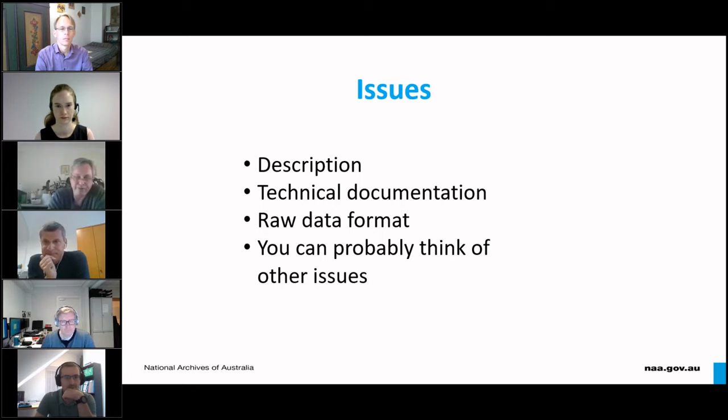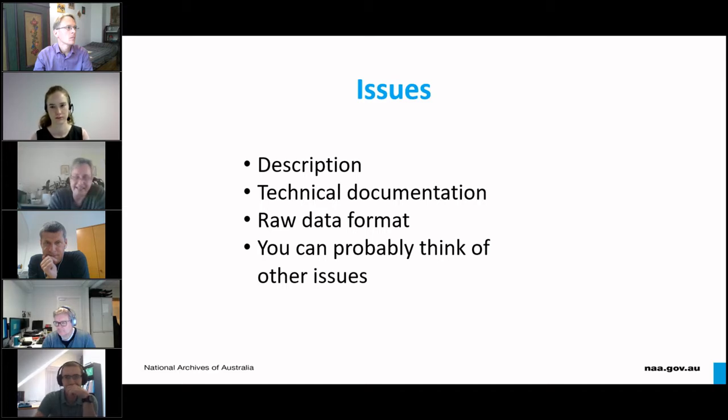And finally, we have the raw data itself. In this case, we have the data exported out of the database in CSV format. In itself, that's not a bad thing. It's an open format, it's well documented, you can sort it, you can analyse the data, import it into other data crunching software and so on. But in other ways, it's not ideal.